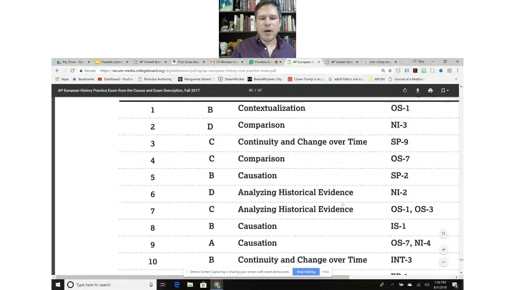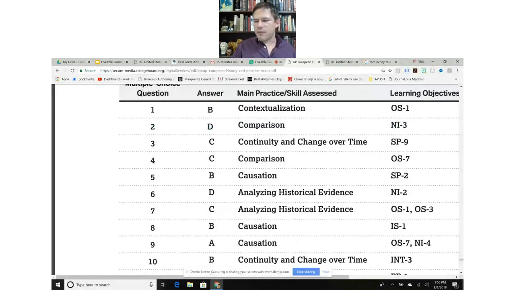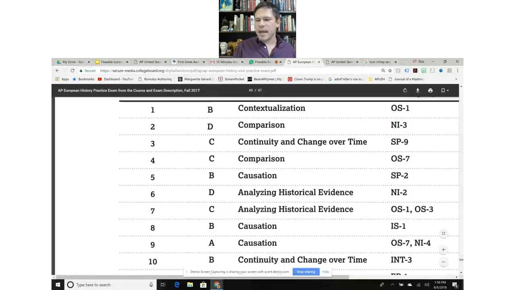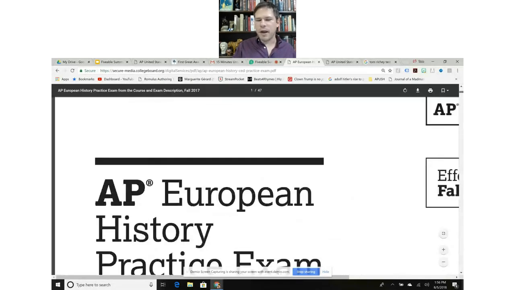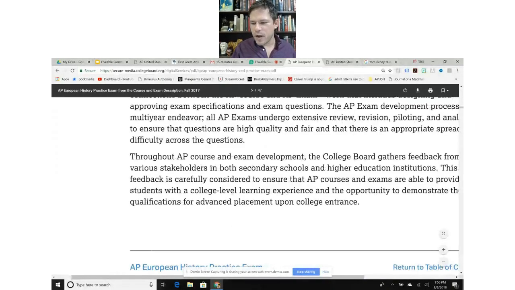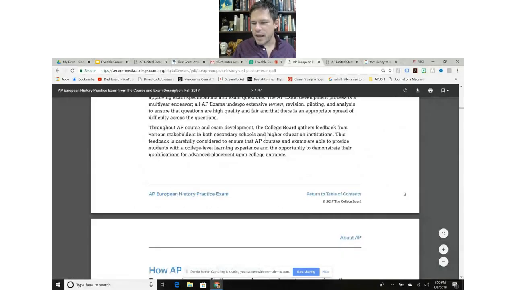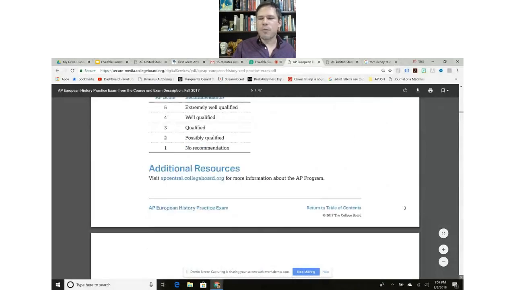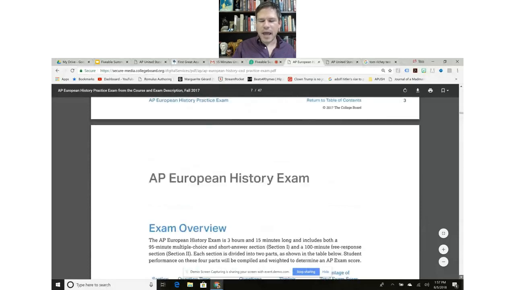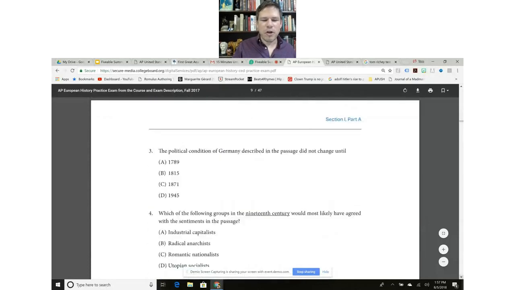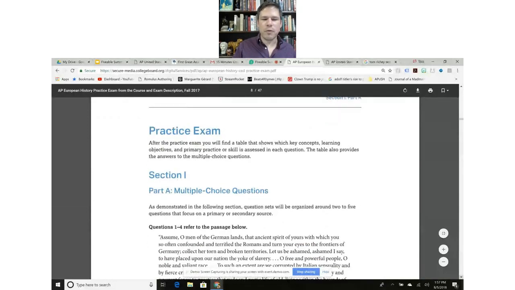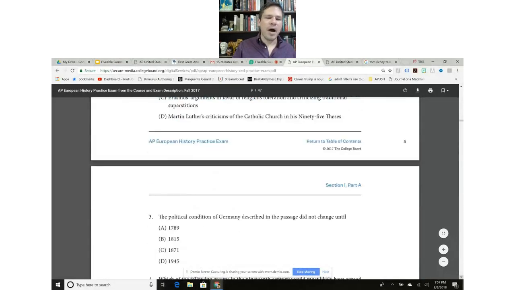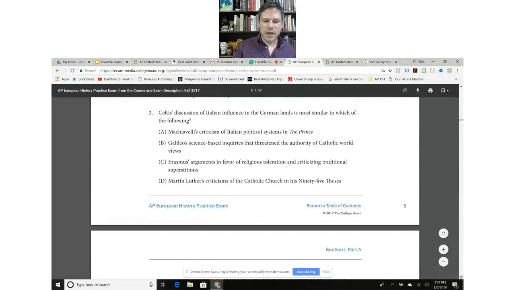Okay. And so we see here that 2 is D, okay? Because the 95 Theses and this are both critical of something in Italy, okay? So Erasmus is kind of thrown in there, and you might think, okay, that's the Northern Renaissance, but at the same time, it's not doing the same thing in spirit. And so the thing is there, at the same time, once again, 2 answers were very, very easy to eliminate, and the other one could be a little bit more confusing. But this one is one of those that it's really about taking the passage there and doing that. But 2 of them were obviously not the case there.